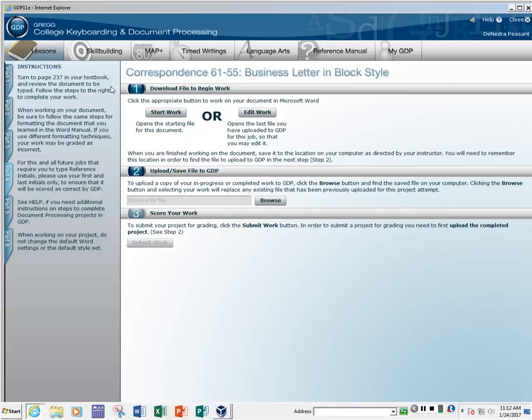Now, in the book, it's going to show you at the bottom, there are 3 different letters that you created, and it shows you a guideline of what they look like. In the reference manual, it actually tells you when to double space, when to triple space or quadruple space, when to tab,